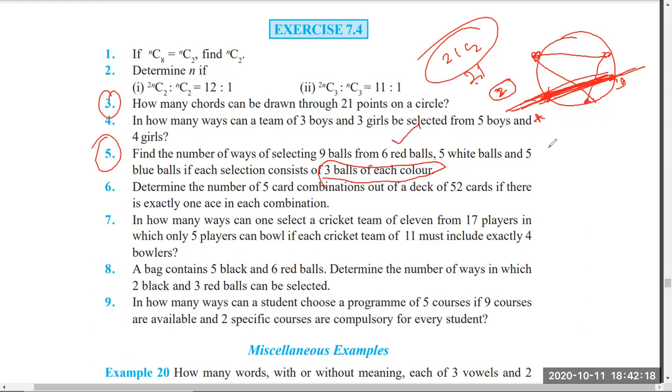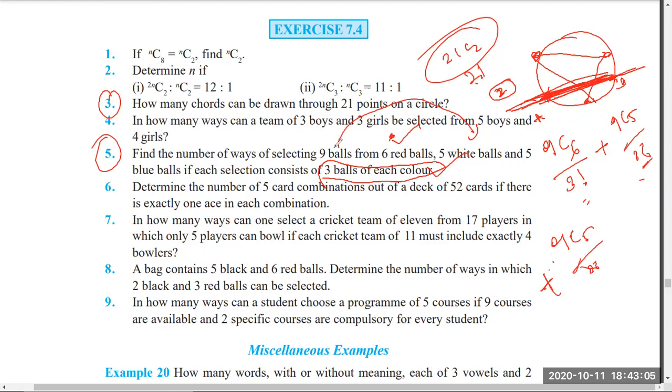In the first case, I can select red balls out of 6, which is 6C3. Because there are 3 balls of each color, I can divide this by 3 factorial because I'm taking red in this case. Next, I sum it up. In the second case, I am taking white balls, 5C3 divided by 3 factorial, because in each case there are 3 of the same color. That's why I'm dividing by 3 factorial. And in the third case, it is 5C3 divided by 3 factorial, and you need to add it.